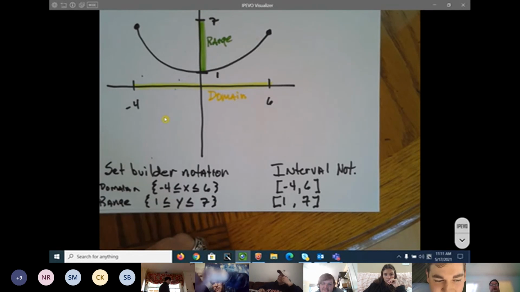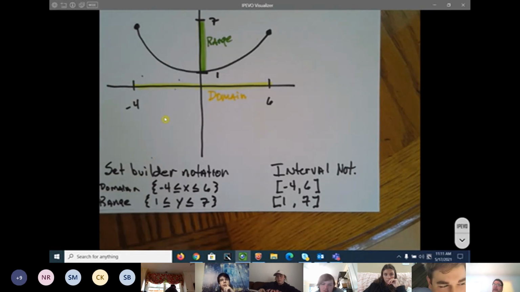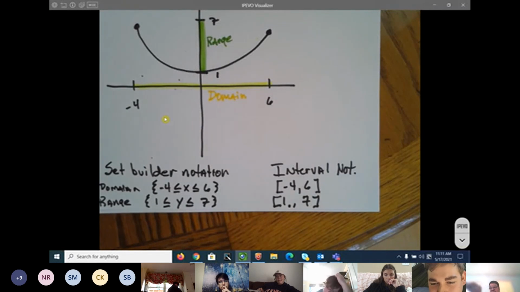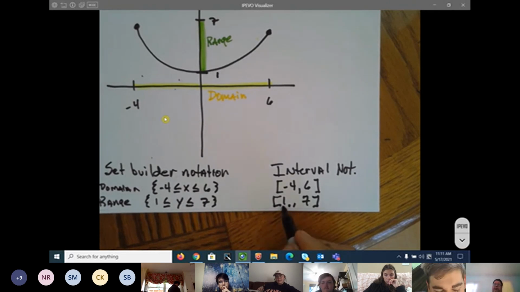Anyway, unless you're from the Middle East, we read from left to right. If you're from the Middle East, you read from right to left. So in the Middle East, you would put 6 to -4, but most people read from left to right, -4 to 6. What about the bottom to top? Most people don't walk around with their nose in the air. Most people walk around looking down, and then they look up whenever something comes up. So you always start from the bottom and go up.